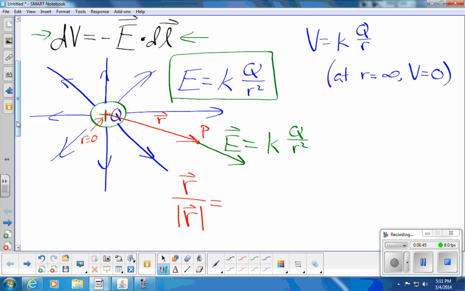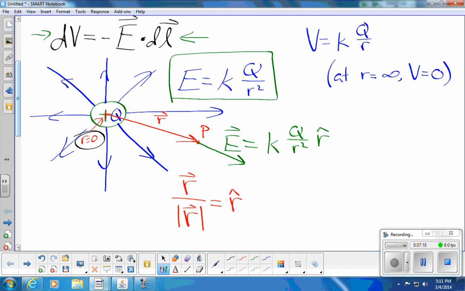And now I'm going back to this problem. This red r vector is the position vector of point P with respect to the origin of our polar coordinate system. If I divide that by its magnitude, I get a unit vector in that direction. Remember, a unit vector doesn't have units, it just has a magnitude of 1, not 1 meter, just 1. And so if I now throw this unit vector